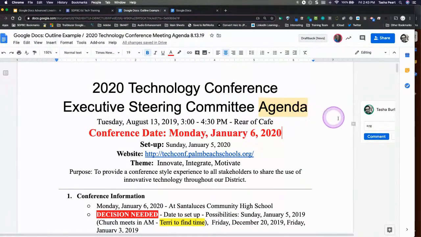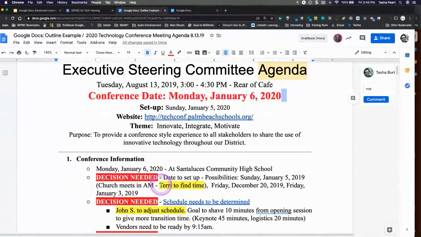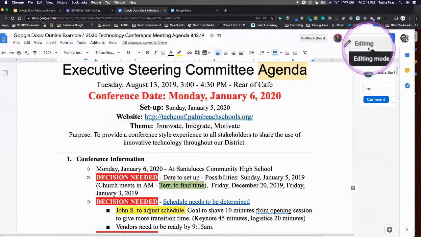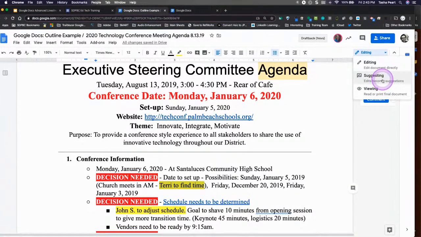So again, you can highlight and it'll pop up, or it's right here on the toolbar where you can add a comment. But let's say you wanted to suggest a particular edit and the person who you are directing that comment to can either accept or reject it. So I'm going to highlight this here, and up in the corner where you see the editing mode, there's a couple of different things that you can do. You can edit it directly, or you can suggest an edit. So I'm going to suggest here to,